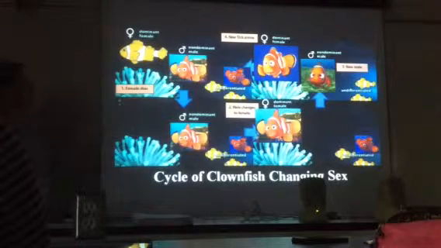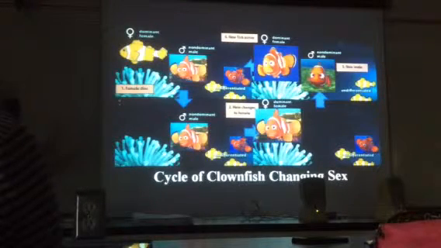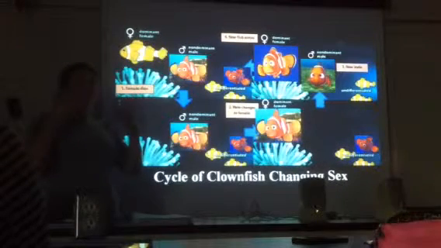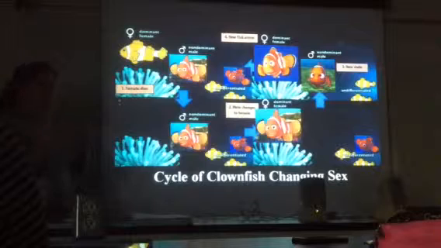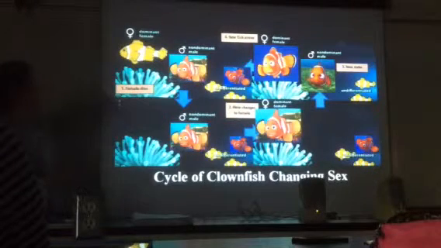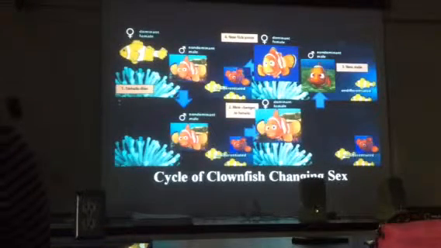You also tend to have a sex ratio skew in sex-changing fishes. You're going to have more individuals of the initial sex, and maybe fewer individuals of the changed sex. So in this case, you're going to tend to have more males in the population than females,